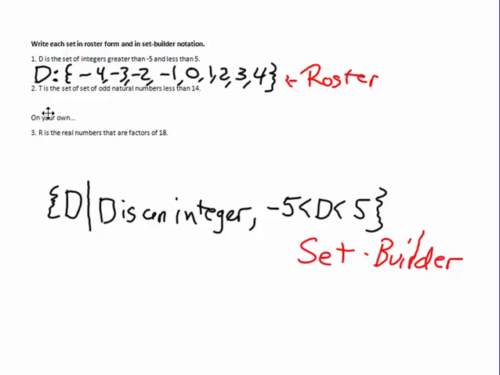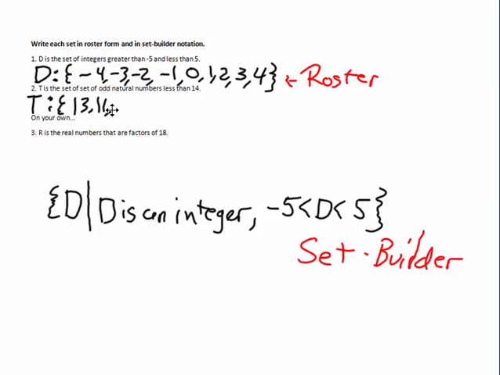So we have, oh man, are we really going to do this? That's a bunch. Okay. So for number 2, in roster form, T is the set of odd natural numbers less than 14. Oh, that's not too bad since they're odd. Okay, so natural numbers that are smaller than 14. The first one that we know would be what? 13? We could go that route. Okay. So 13,